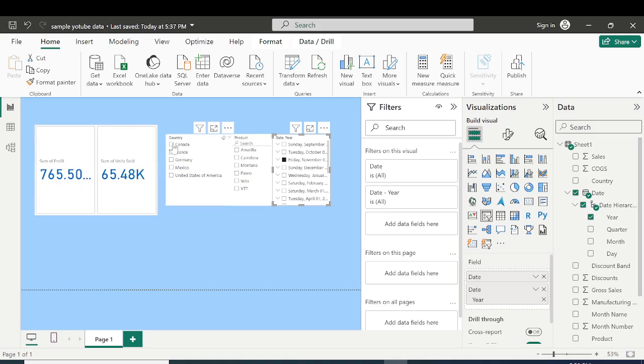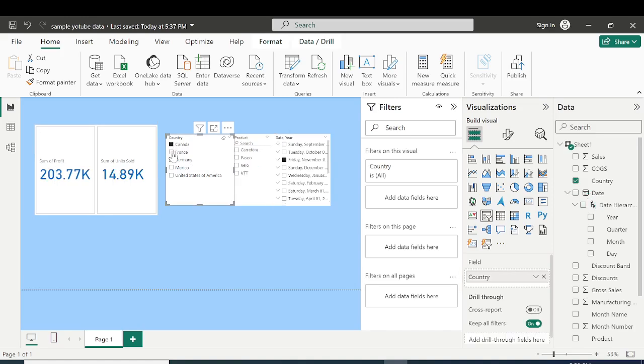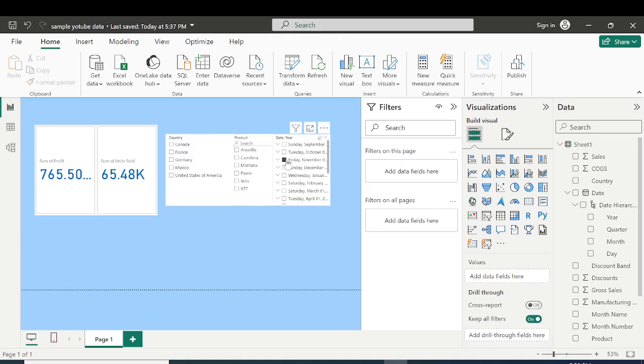So if you want to know, on Friday, how much did I actually make in Canada? How much is my guy in France making? How much is my guy in Mexico making? You can actually filter and do a whole lot of things using slicer and card. If these are the two tools you know, I'm telling you, you can do a whole lot of